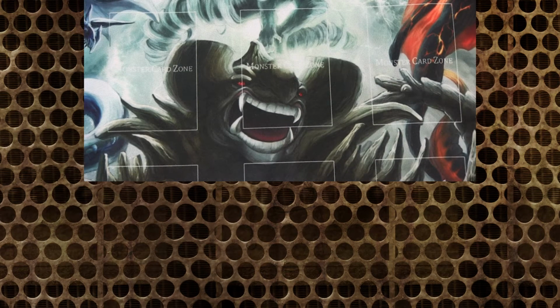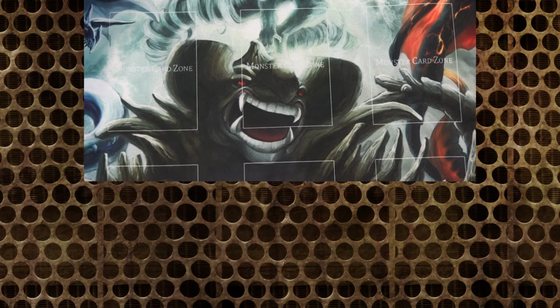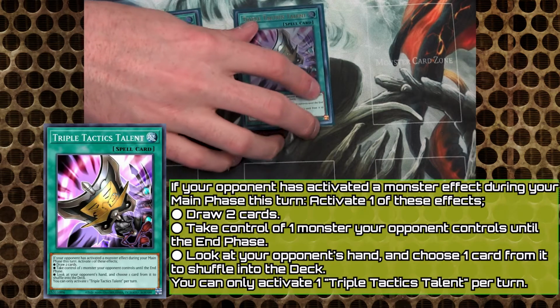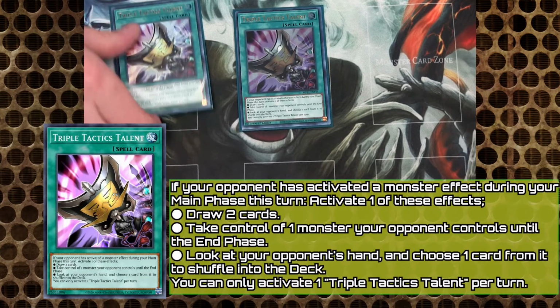Now that we've set off to sea, and we've gone on a grand adventure, we need to ensure that our adventure is safe and our crewmates are taken care of. So we're playing 2 copies of Triple Tactics Talents. This will allow us to either draw cards, or if we have everything we need, get rid of another card from our opponent's hand so they have less to work with, or steal one of their monsters if we're going second. Triple Tactics is